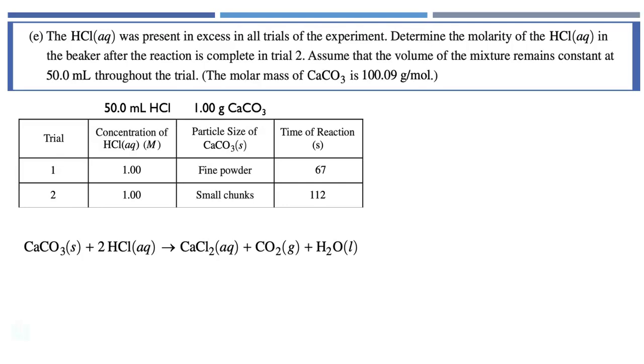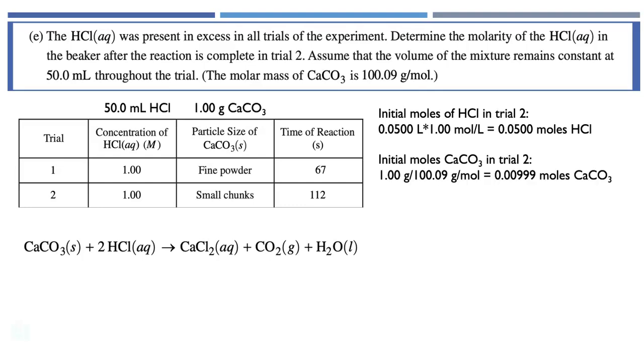All right, I can't see all of it in the PowerPoint at the same time. So initially, we have a certain number of moles of HCl in trial 2, and we can calculate that, right? I know the volume. I'm going to convert it to liters. I multiply it by the molarity. That gives me 0.0500 moles of hydrochloric acid initially. Similarly, I can calculate the initial moles of calcium carbonate that I reacted in trial 2. I had 1 gram. If I divide by the molar mass, I get 0.00999 moles of calcium carbonate,